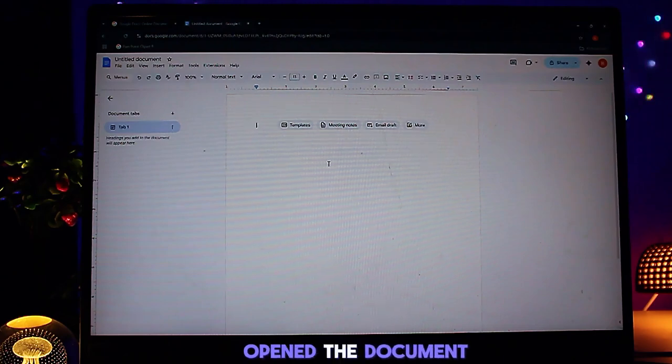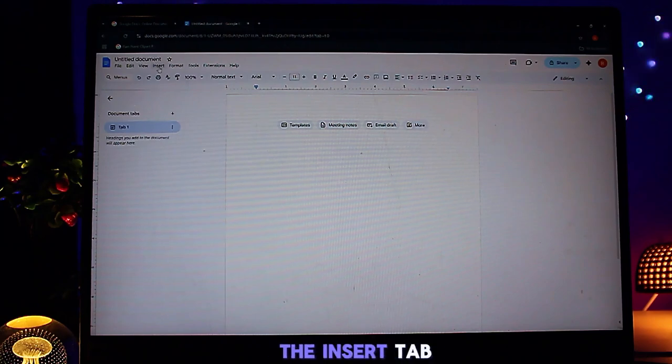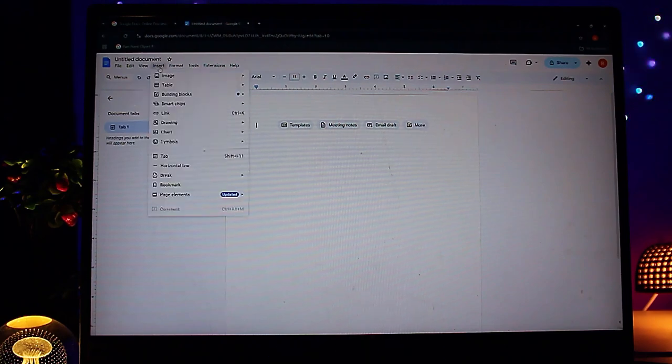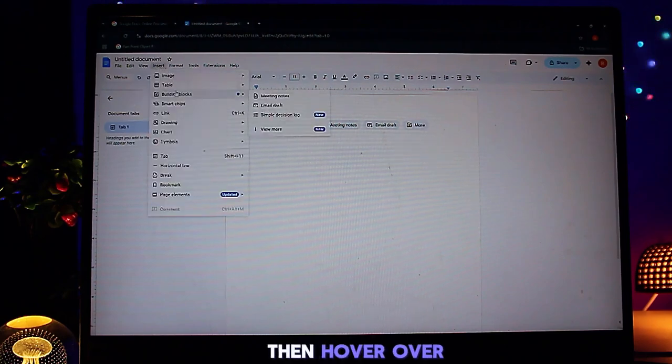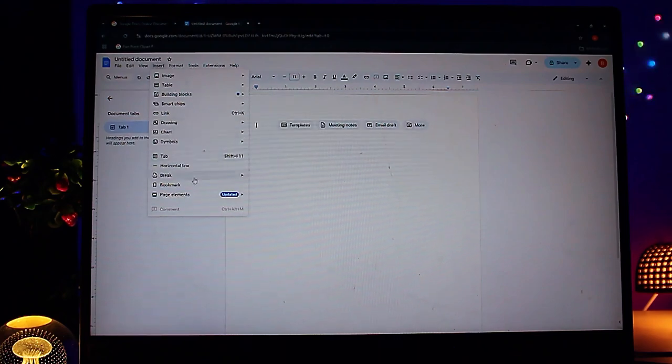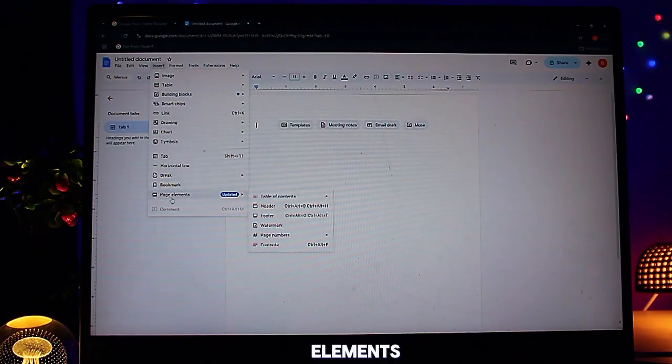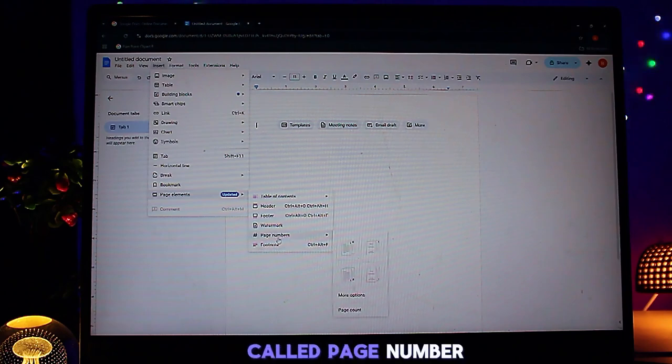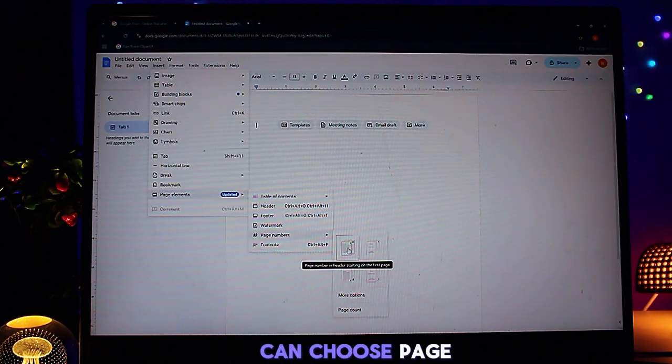After you have opened the document, you will see this kind of interface. To add page number, simply click on the insert tab at the top. Simply click it. Then hover over the element called page elements. Simply hover there and you will see the option called page number, and there you can choose page number in